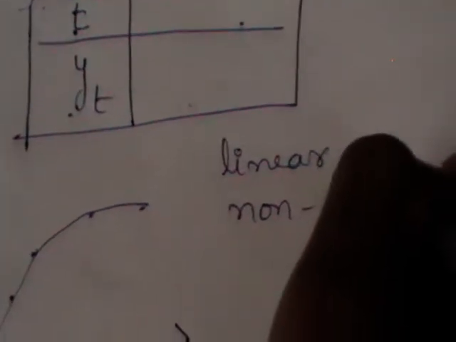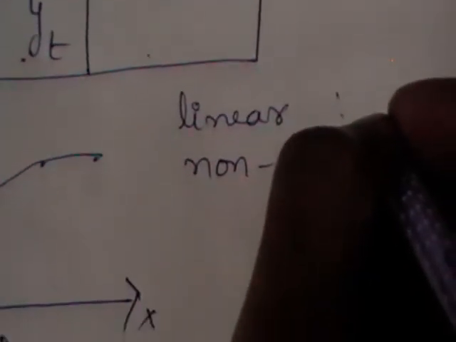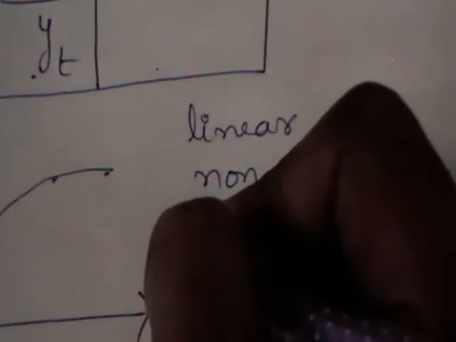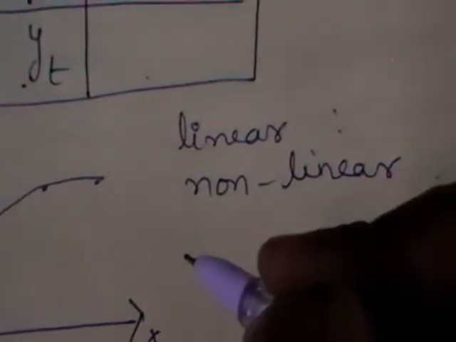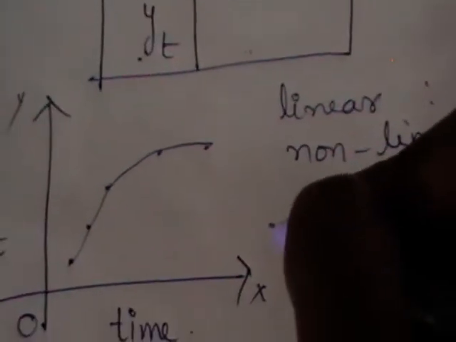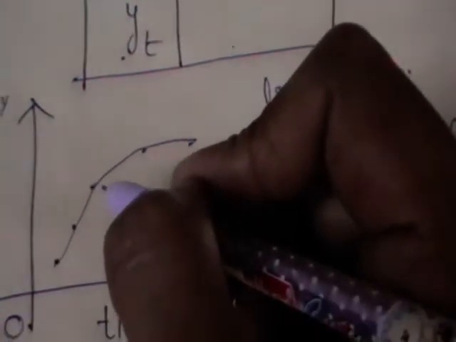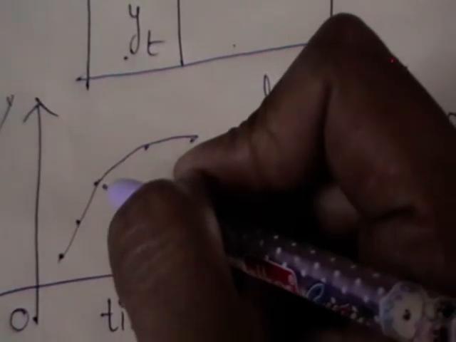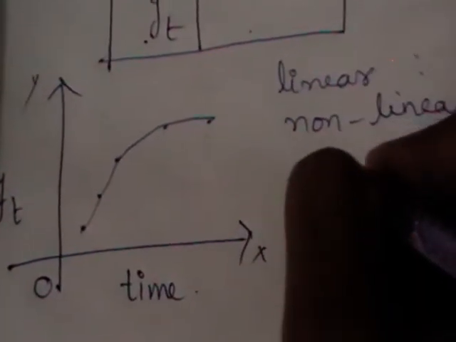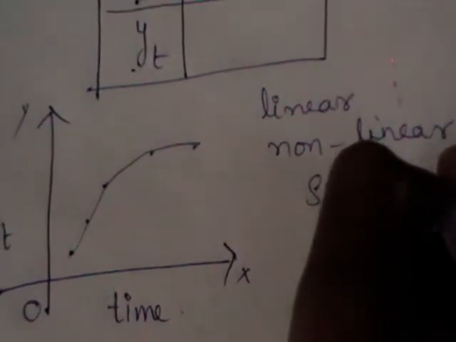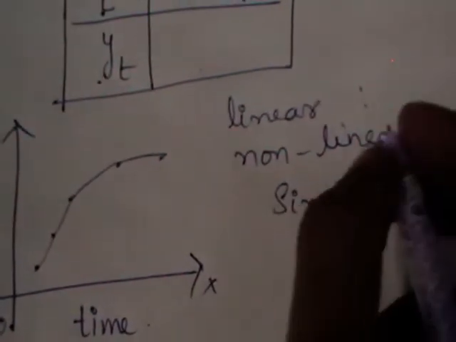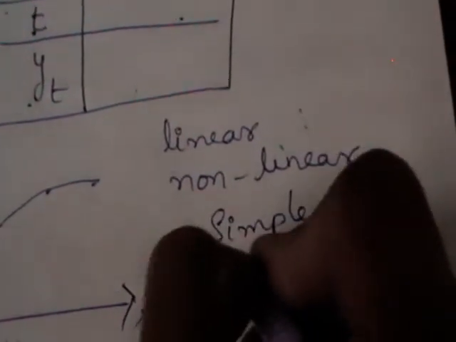So let us see what we mean by linear trend and non-linear trend. As you know, whenever the points join together as a straight line, we call the relationship linear. Otherwise we say curvilinear. So after plotting and joining the points, if we observe a straight line, we call the trend present in the time series a linear trend. Otherwise we call it a non-linear trend. It is a very simple method to find the trend, but the main drawback of this method is that it doesn't give any idea for forecasting the trend.